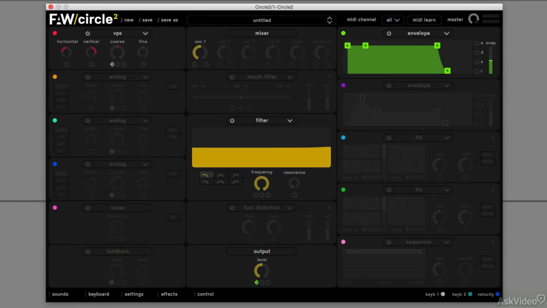And that's all you need to know about oscillators. It's that first step of the sound design process where you generate that initial waveform, that initial bit of sound,